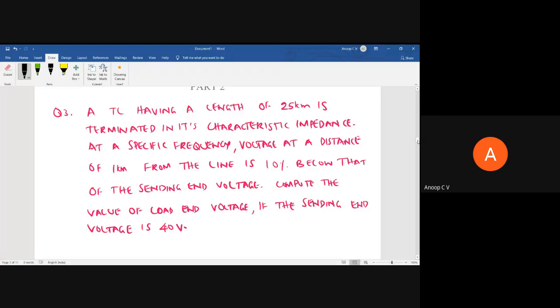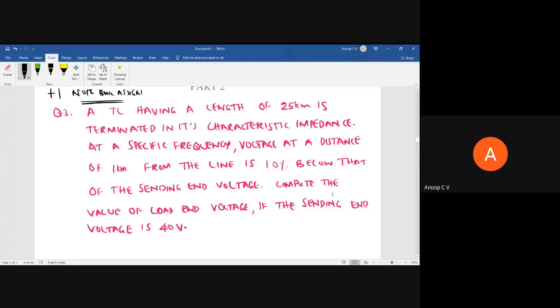So the condition is, if you have solved, please don't type it in the chat window, or even in your WhatsApp group. If you have solved the problem, please raise your hand. I'll ask one by one, and you can give me the answer. I'll read out the problem. If you solve and give me the correct answer, you will get +1 mark for your notebook assignment. I'm not telling it simply, I'll give it.